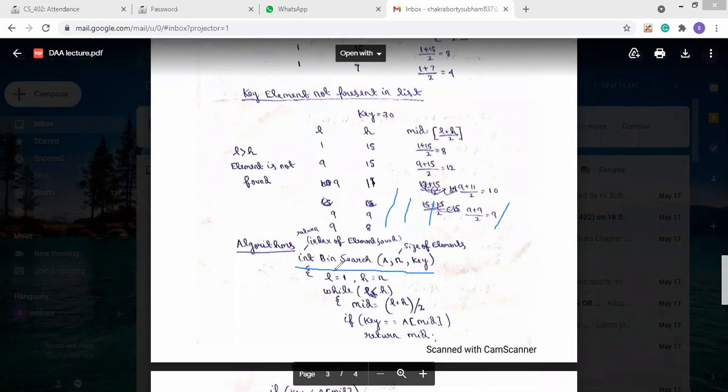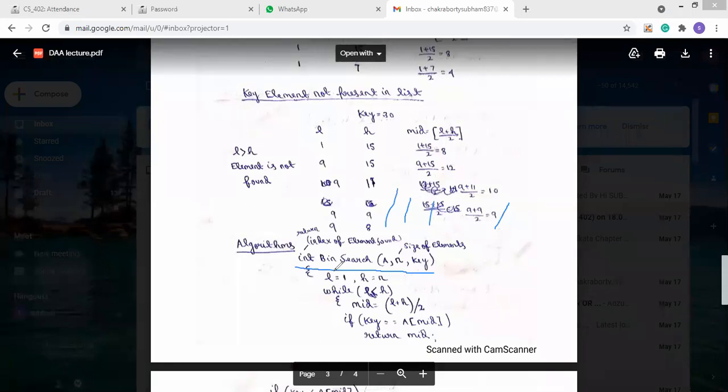Then what are we performing? Low is equal to 1 and high is equal to n, that means our list is an array of n elements. The low will point to the first element, that is 1, and high will point to the last element, that is n.